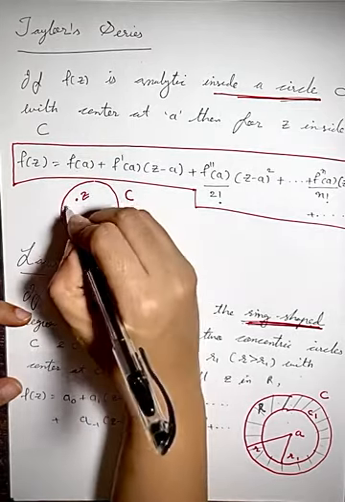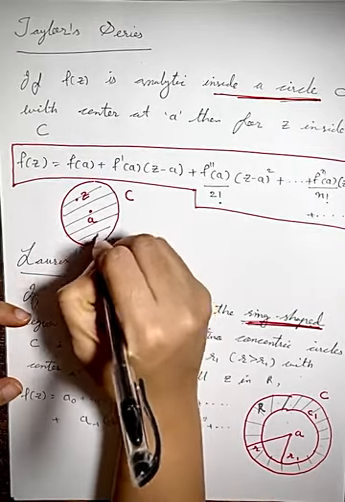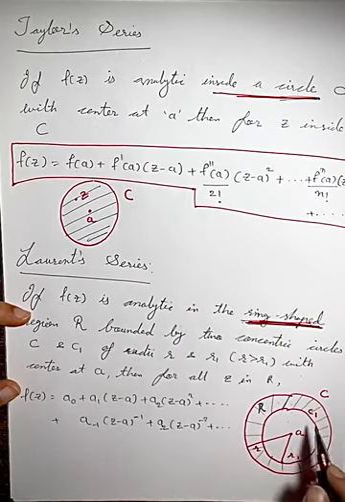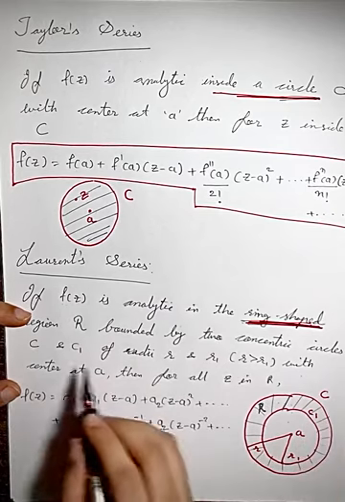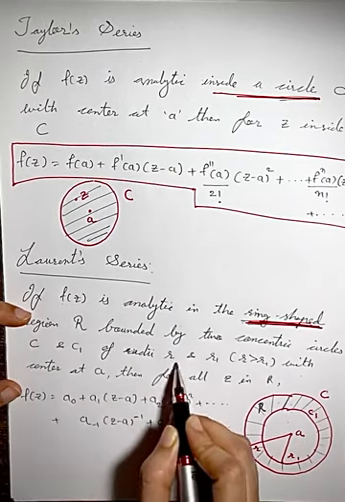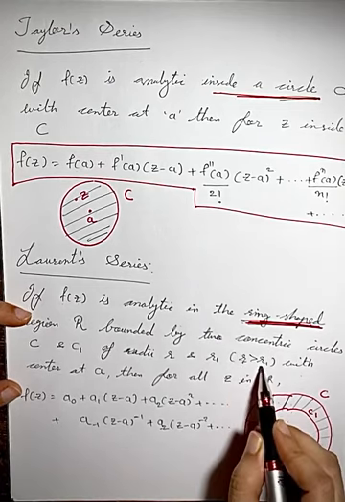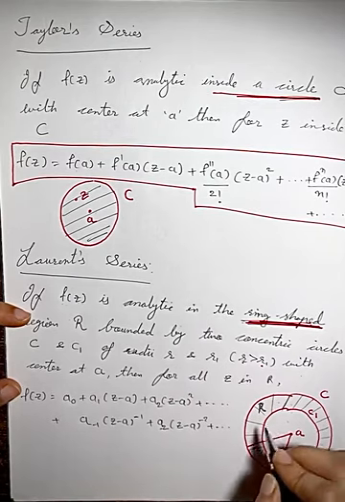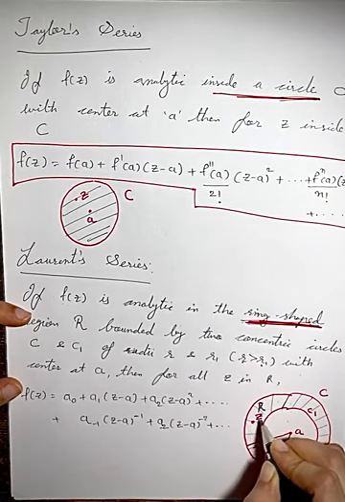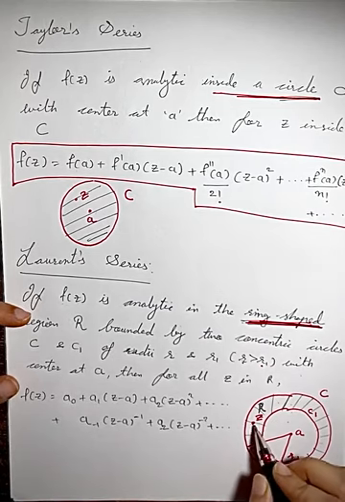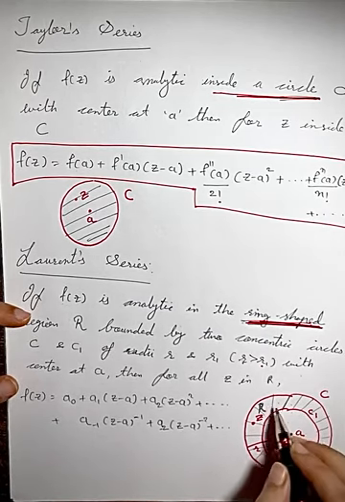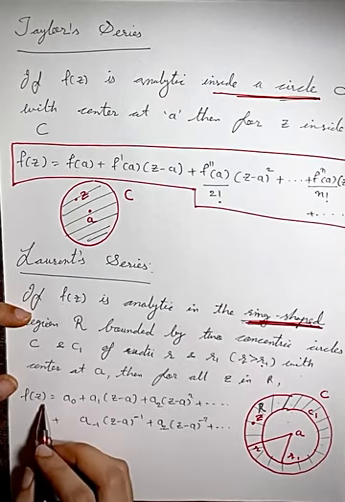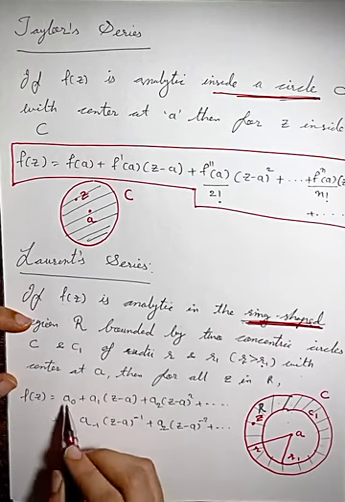In the case of Taylor series, the entire circle was taken for the function to be analytic, but in the Laurent series, the ring shaped region R is bounded by the two concentric circles C and C1 of the radii R and R1 with the center at A. Then for all z in the region R, say I took z here, that z point can be anywhere, but it should be within the region R. Then we define f of z in the form of Laurent series like this: